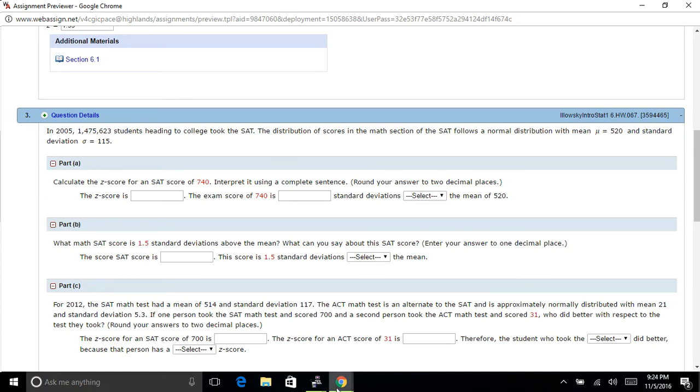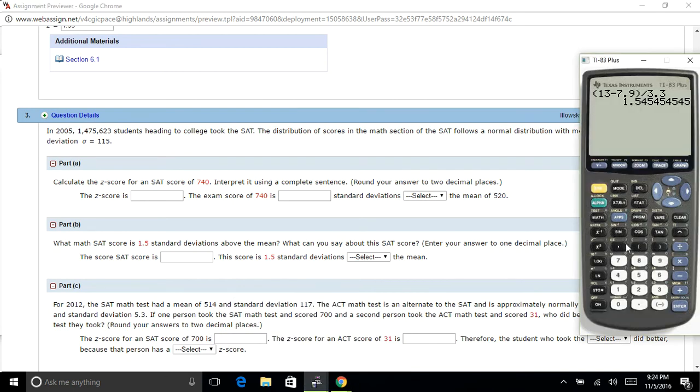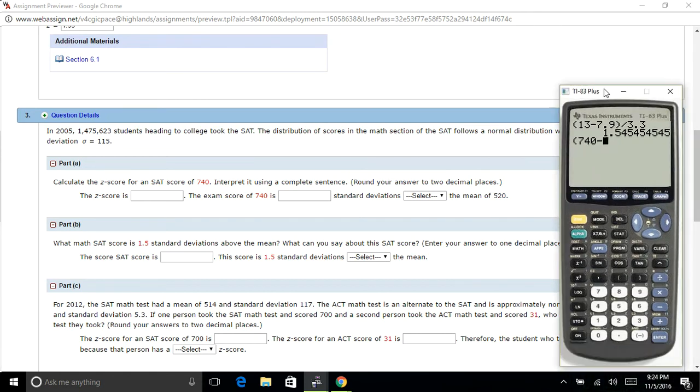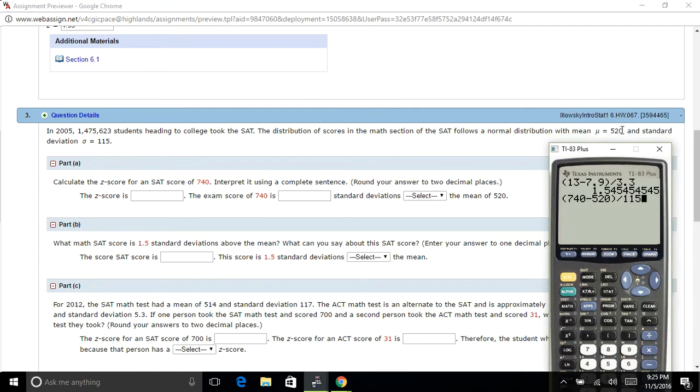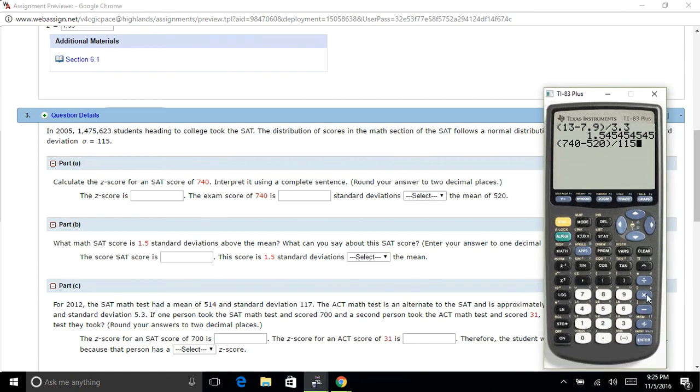All right, so let's go back to the calculator and bring this in. Oops. Okay, the first thing I need to do is get the z-score. So I'm going to do 740 minus, my mean was 520. I'll close it, and then I'm going to divide by my standard deviation of 115. Again, here's my data value, there's my mean, and there's my standard deviation. So if I hit enter, I get